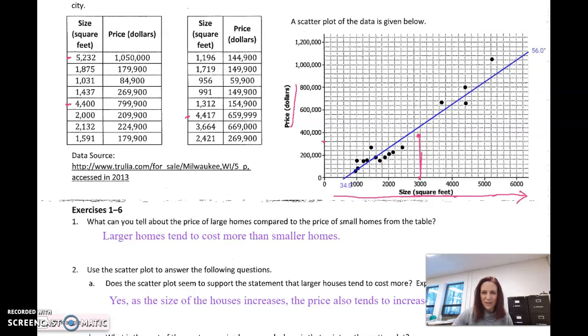Okay, and we talked about outliers. So we really don't want to take, and there's no real outliers in this case, maybe these, but not really. But you really want to try to get a line that represents as many points as you can. It won't be all of them, but as many points as you can. Okay? So when I draw that line there,